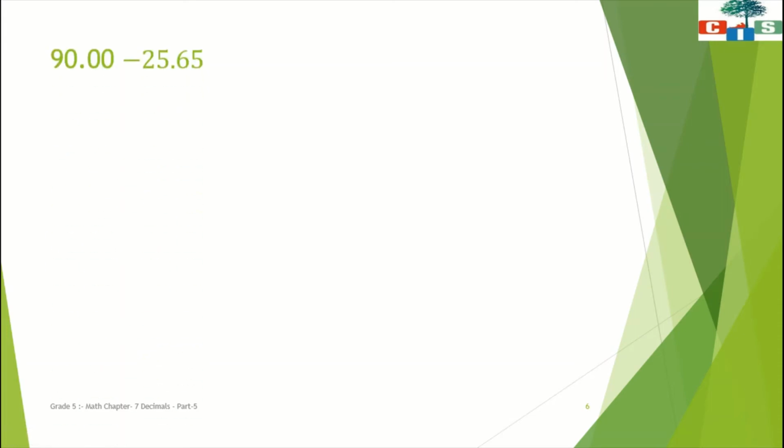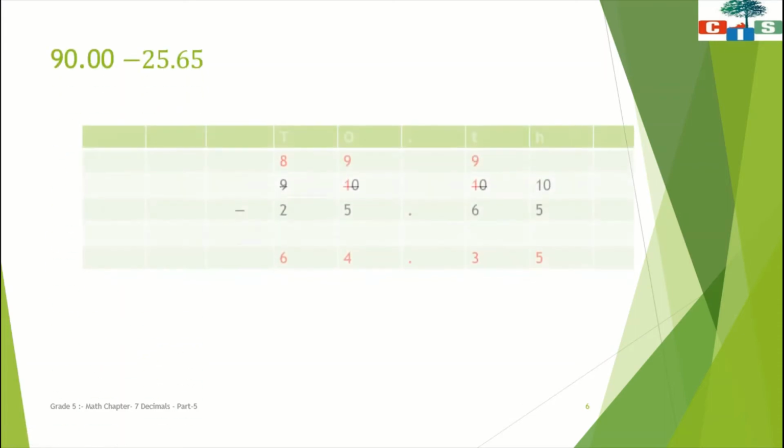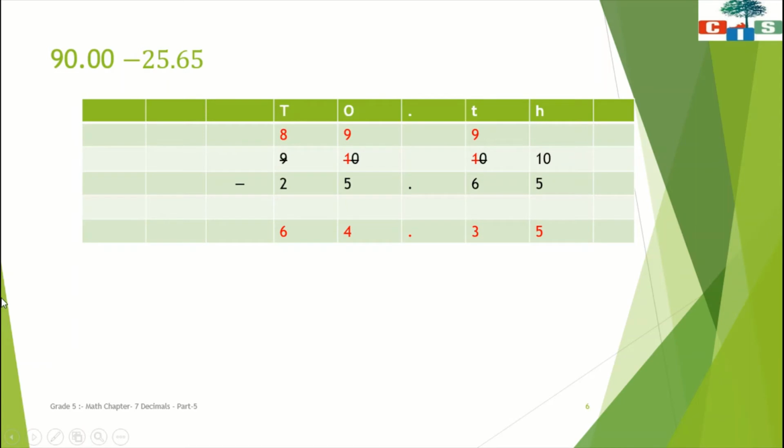So scholars, before starting with the subtraction, what you need to do, you need to make this decimal place value chart and then you have to place the numbers according to their place value. Okay, and then you have to subtract. So scholars, here I have made a decimal place value chart. Now we will place the numbers in this. See how to do that.